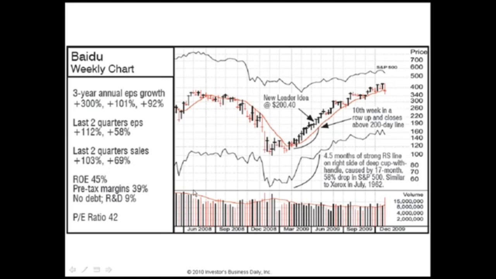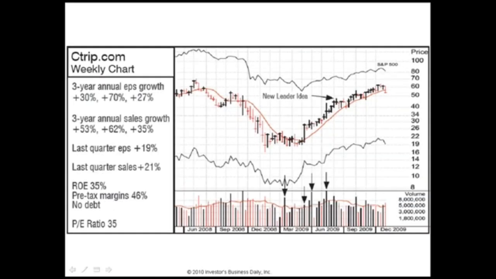Now, we have CTRP, and we've got one more after this. So this one moves up. Look at all the heavy red volume. So it's all supply and demand. Volume measures your demand, and you can see when you close one of those weeks near a peak, that's showing some pretty big demand, and you close in the tight areas, it's still under accumulation. So we see these same characteristics are showing up here, and when it gets up there and builds its handle, it goes sideways, and it's doing what it should do. It comes out of it.